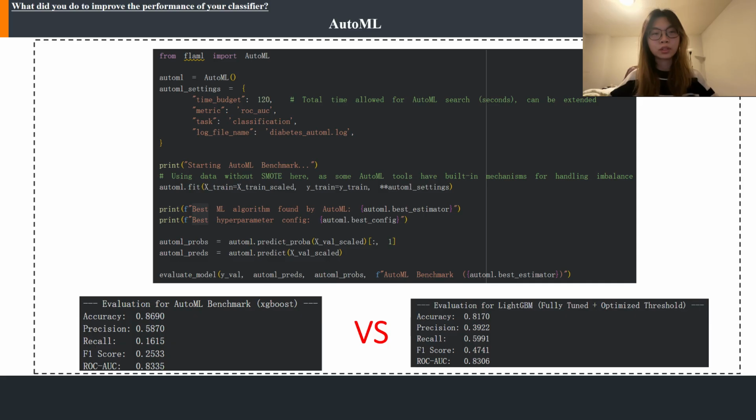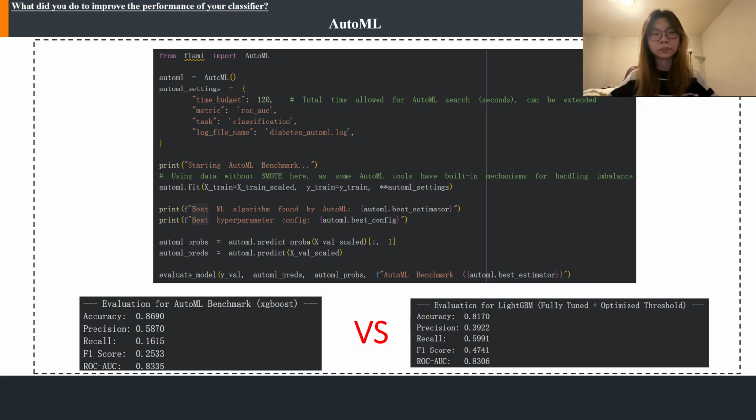This is because AutoGluon's default optimization metric was AUC, which focuses on overall ranking ability, not directly on the precision of the minority class prediction. This result highlights that automated tools cannot replace customized tuning targeted at a specific business objective, such as optimizing for